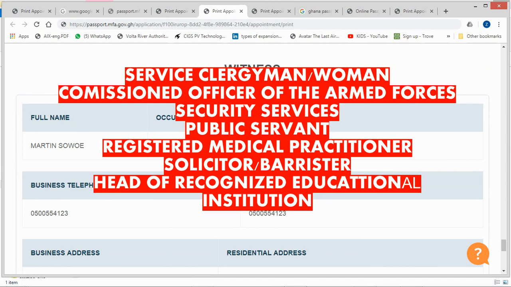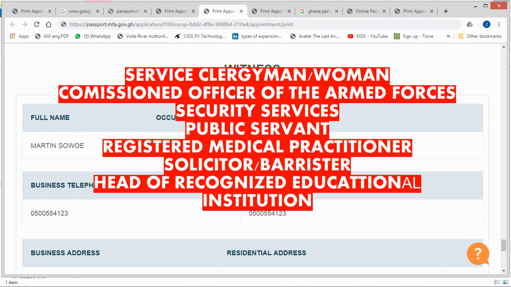The rank must be a captain and above, or a person of equivalent rank in any of the other security forces or security services. Then the person can also be a civil servant or public servant. For the civil servants, the person must be a principal executive officer and above, or the person must be